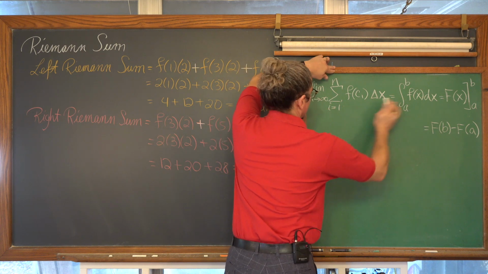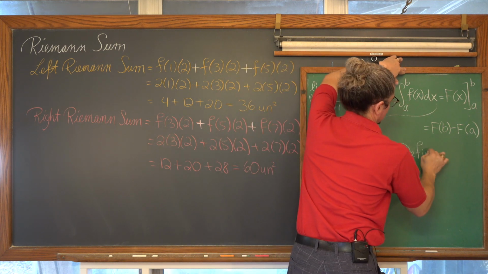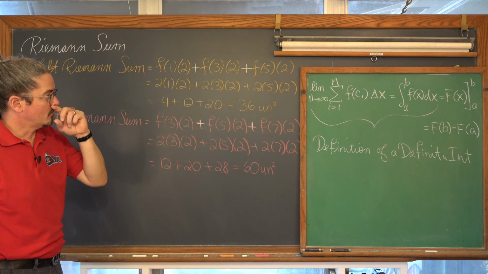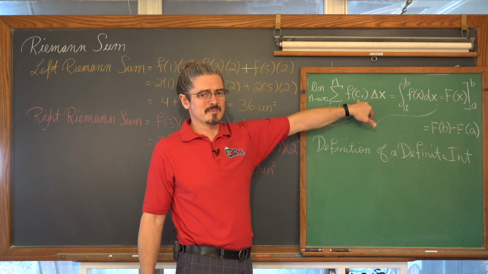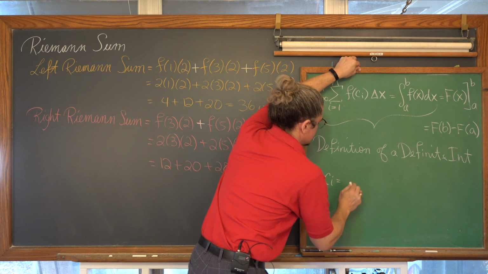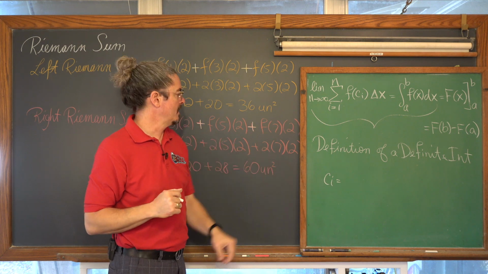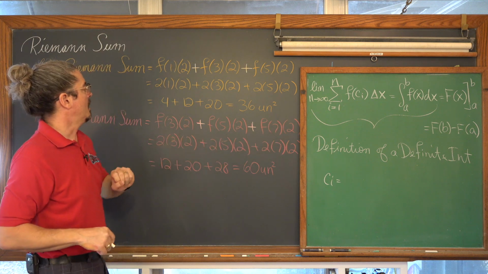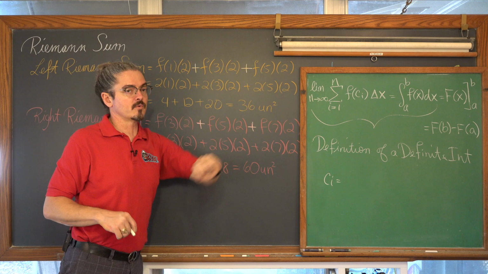Really, your book might be just highlighting these first 2 pieces here. But to really understand all the pieces, we have some pieces left. What the heck is c sub i? I just wrote c sub 1, but what is c sub i? C sub i is just a value of x that you're plugging into a function. We first plugged in 3, then 5, then 7 with a right Riemann sum, and we plugged in the values of 1, 3, and 5 with the left Riemann sum.